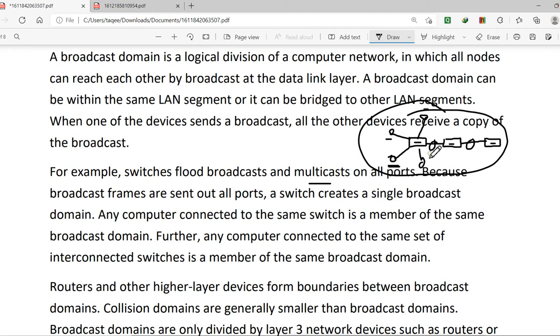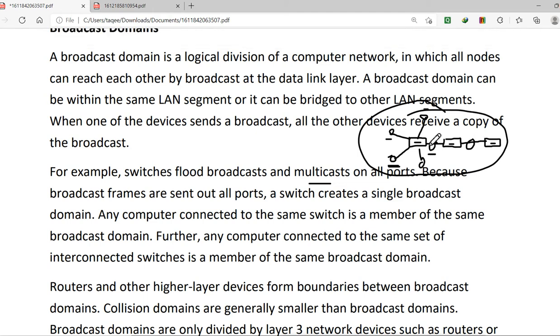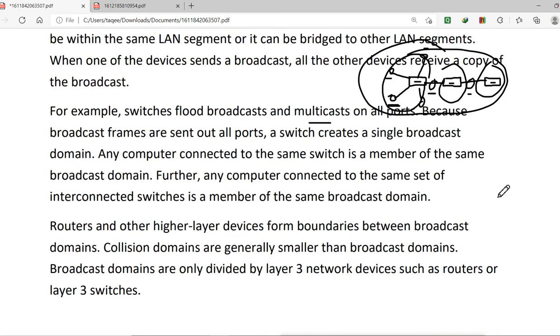It will not forward the broadcast packet. So it will break the broadcast, and we now have 3 different broadcast domains. This one will be one, this one the second, and this one the third broadcast domain. So layer 3 devices like routers divide the broadcast domain.